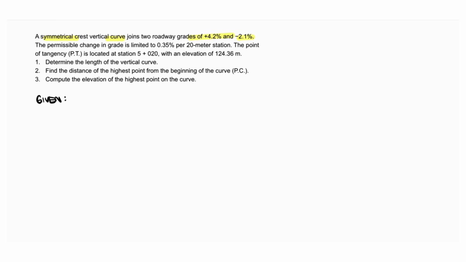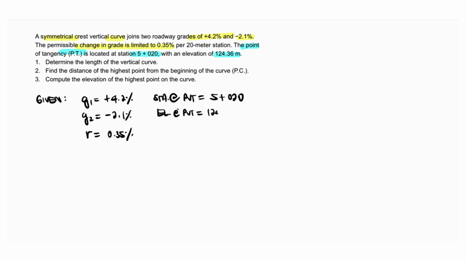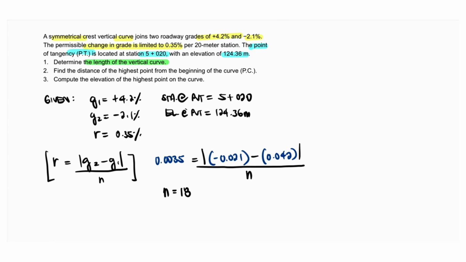assumption right away. We are given two roadway grades, plus 4.2%, which we'll assign as G1, and minus 2.1%, which will be our G2. Now, take note, since the grade changes from positive to negative, this indicates that the curve transitions from an upward slope to a downward slope. Another given is the rate of change of grade, which is 0.35%. Also, the point of vertical tangency or PVT is located at station 5 plus 020 and its elevation is 124.36